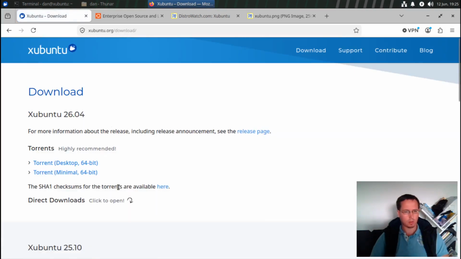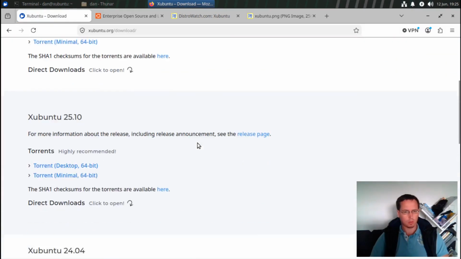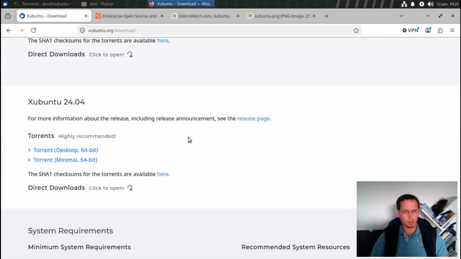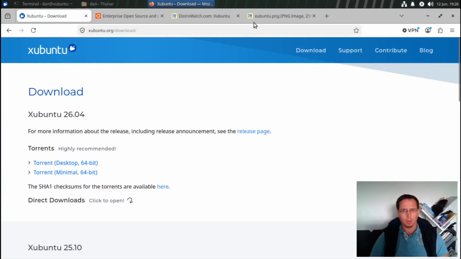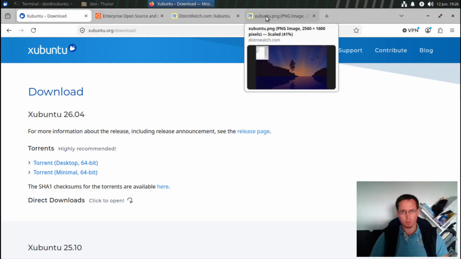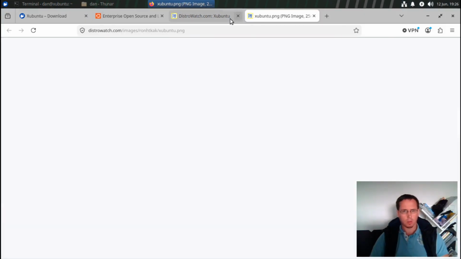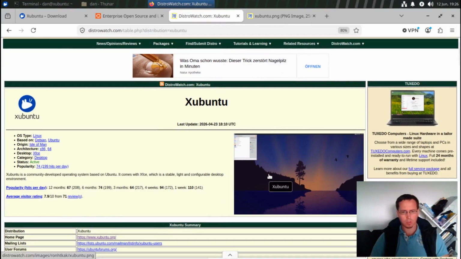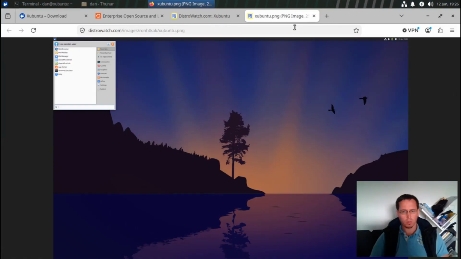and going to download, you see here directly torrent download and more. Also Xubuntu 25 and Xubuntu 24 are already there, and I have here the old 24 LTS, and let's have a look at DistroWatch. Here you see Xubuntu, the new 26 has this wallpaper here,